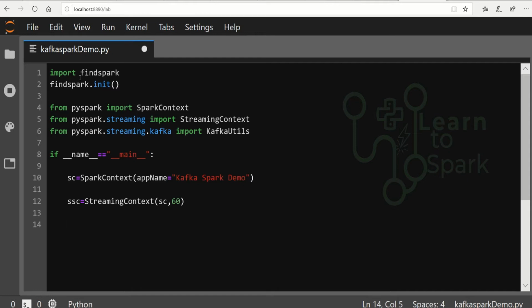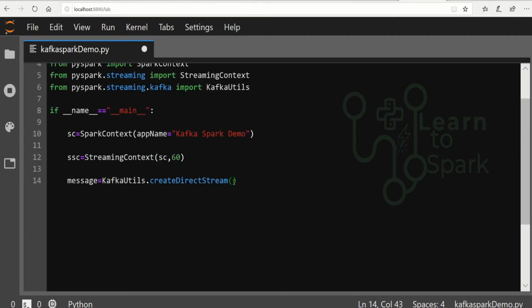So next we have defined a Spark context and a Spark streaming context. Let us get the message from the producer. For that I'm giving message, and then we will get it from KafkaUtils, and the function will be createDirectStream.